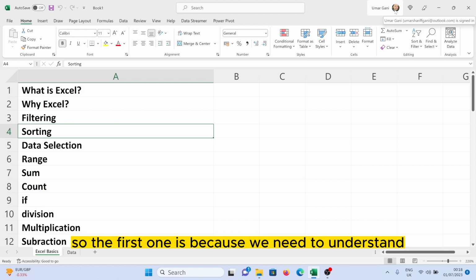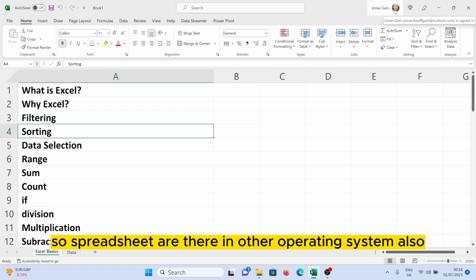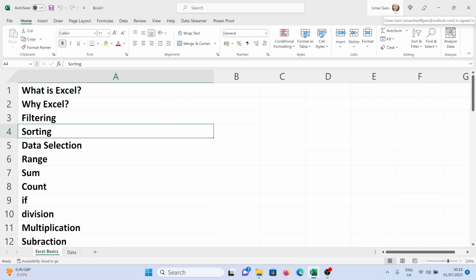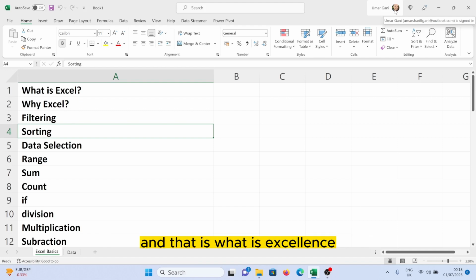The first thing we need to understand, before using Excel, is what it is. Excel is a spreadsheet program from Microsoft. Spreadsheets exist in other operating systems also, but MS Excel is from Microsoft, and it is part of the MS Office product group for business applications. And why do we generally use Excel? Excel is used to